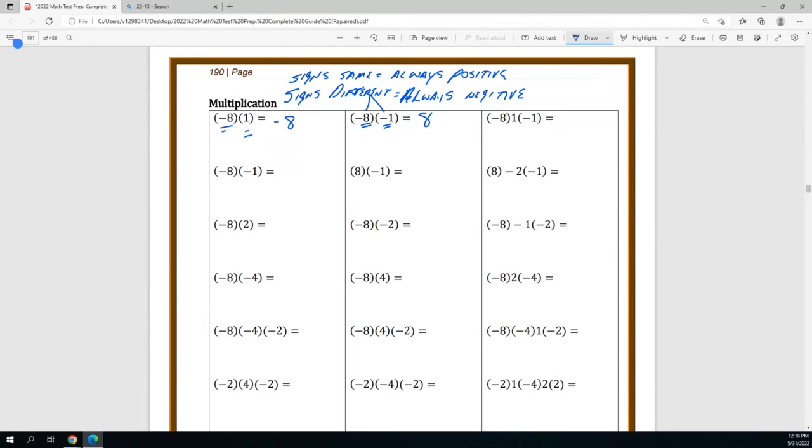Now, what you need to be careful of is when you multiply more than two numbers together. Multiplying two numbers together is straightforward. Like for instance, if you see this one here, this one is a negative times a negative. So my signs are the same, means my answer is +8 again. If I have a positive times a negative, those signs are different. It means my answer is always negative. See how that works? But what you need to be aware of is when you multiply more than two, because